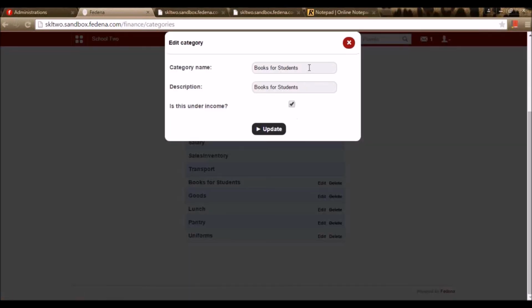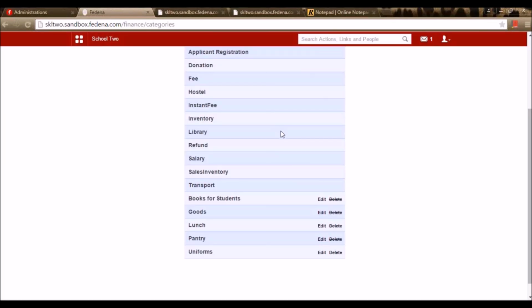When I create a new one, I need to give the name of the category and a description, and now it's asking me, is this under incomes? Fedena is asking me if this particular category is under the income category or if it's an expense. In case it's an expense, I can disable it. Since books for students is an income for the school, I'm enabling it and updating it.